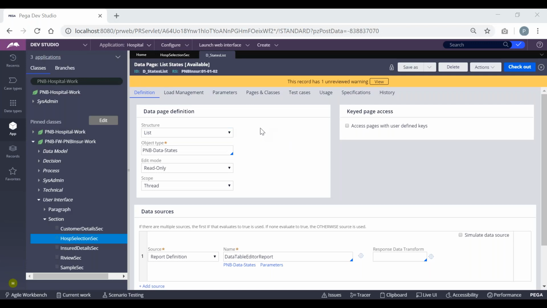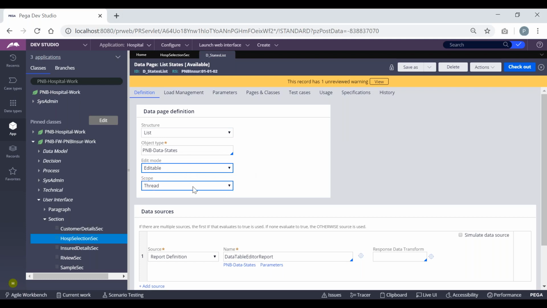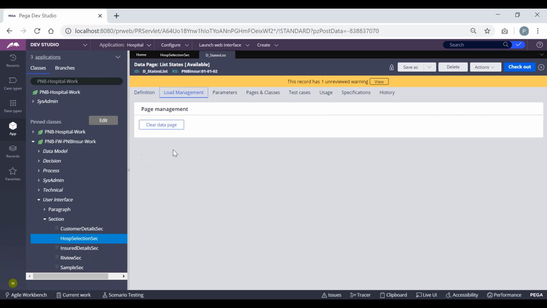Yeah, hello everyone. So in our previous class, we were working with data pages, no? So let me give you a quick recap on that. Data pages is one of the sources where we can pull the data from the data class, and it has two modes, that is read only and editable mode. So if I make this read only, or if I make this editable, then I cannot share this data across node level. So node level will be gone, and the load management refresh, that is refresh strategy, also will not be applicable for that.